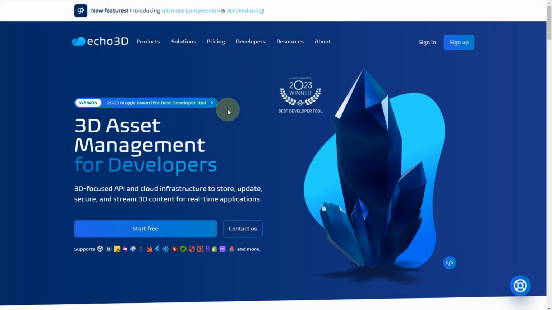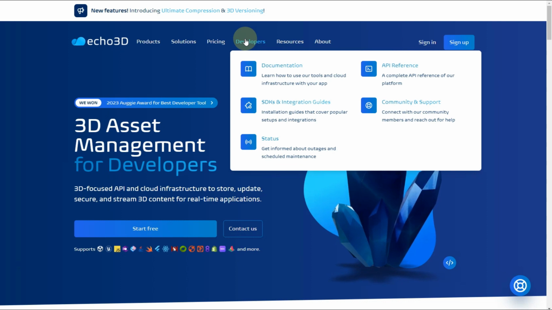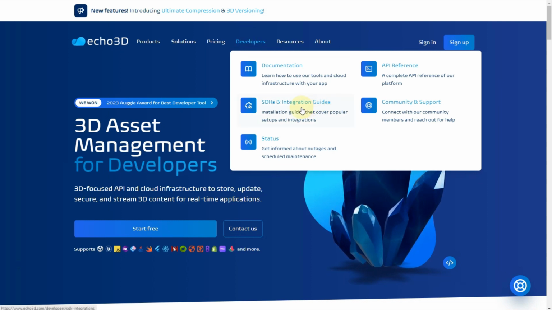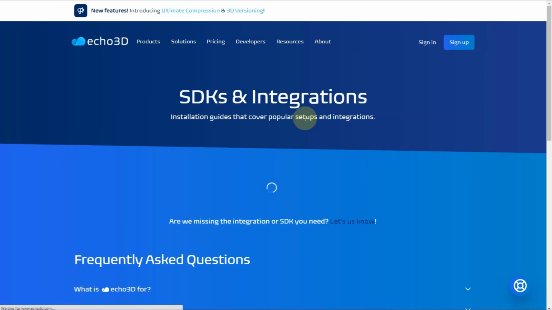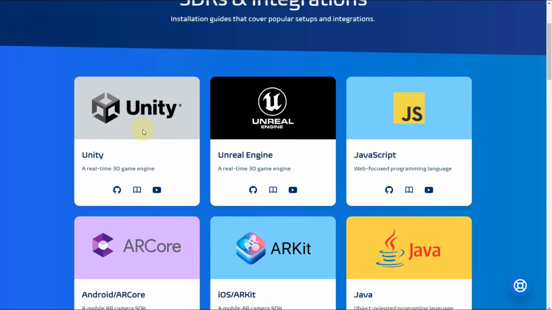The echo3D homepage has gotten quite an update, and if you go over here to developers, and you check out the SDKs and integration guides, you can see all of the different platforms that we support with 3D asset management, whether it's through API or SDKs. Of course, we have Unity. We just finished our Unreal Engine plugin, which is super exciting.